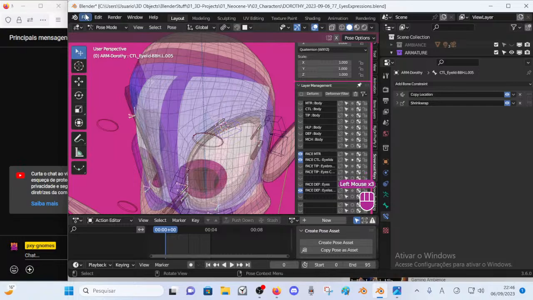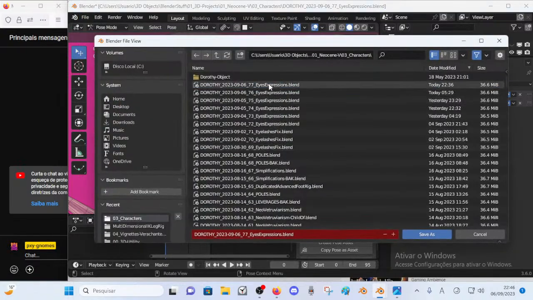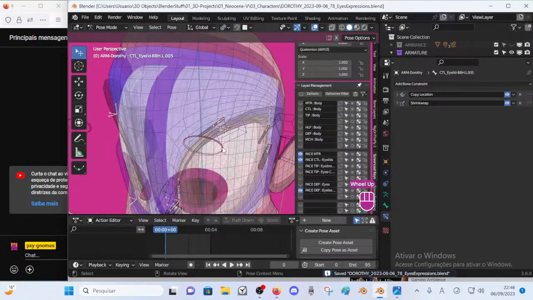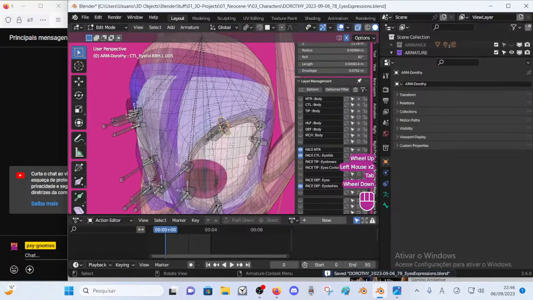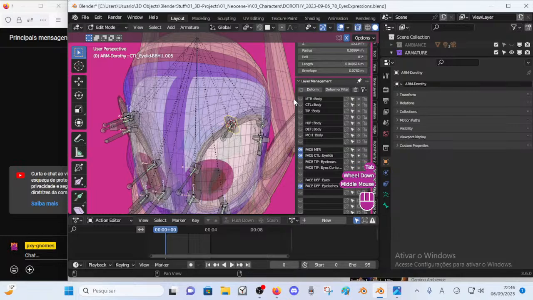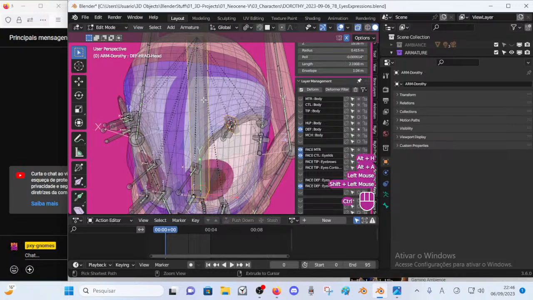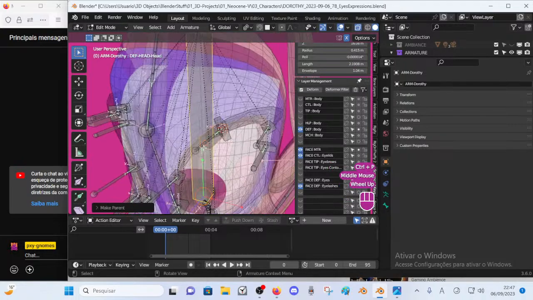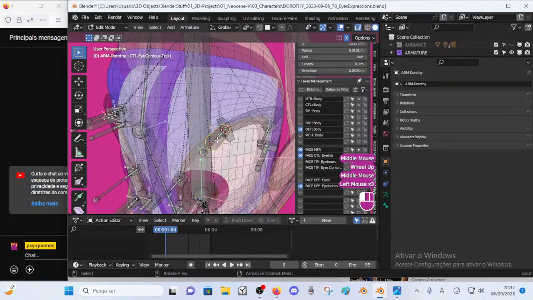So let's make a new version here, 78. Alright, let's reconfigure this crazy thing. Where is the def bone? I want the head bone to appear. Let's parent this to the head bone. Alright, then this also to the head bone, and this also is parent to the head bone.